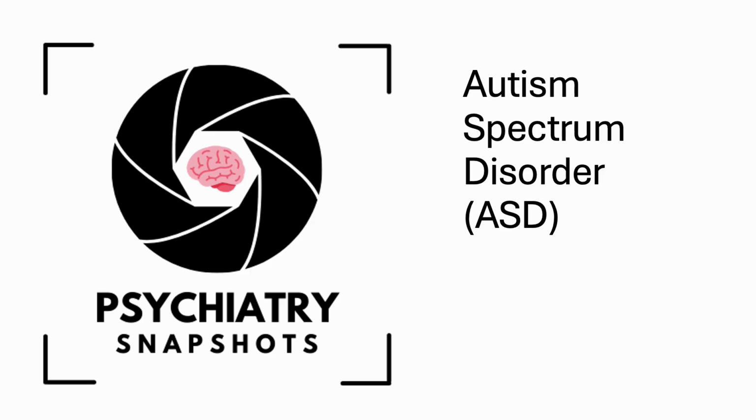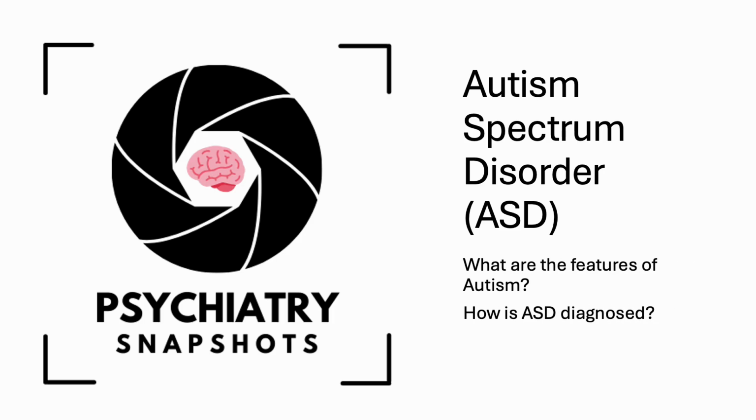Autism spectrum disorder is a complex neurodevelopmental process that affects social and communication functioning. In this snapshot, we will be answering the questions, what are the features of autism, and how is ASD diagnosed? I will also take a moment to recognize that although this video will take a brief look at autism spectrum